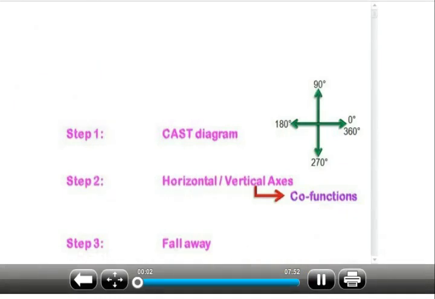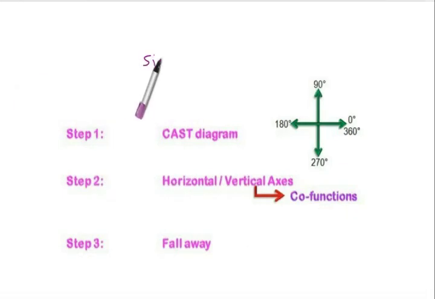You are given an expression, say for instance something like sine of 180 degrees plus theta or x or whatever the case might be, and you need to reduce that to a single trigonometric function. You can always make use of the three-step method. Step 1 says first find out whether the expression is positive or negative using the CAST